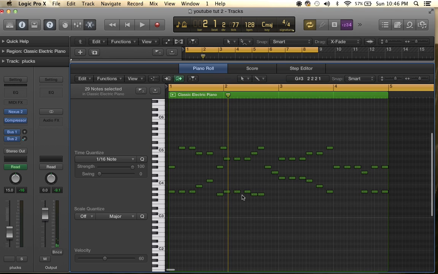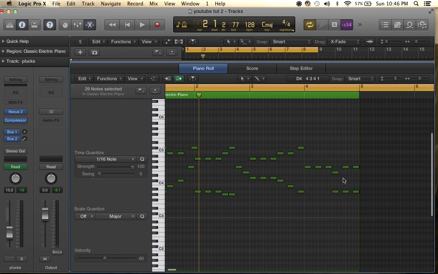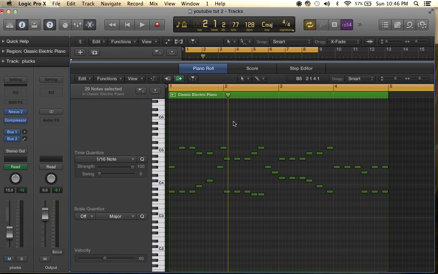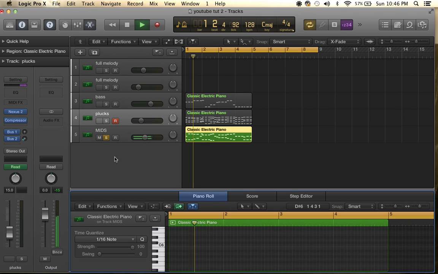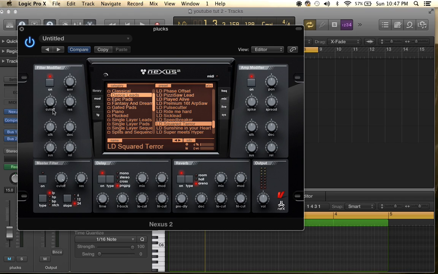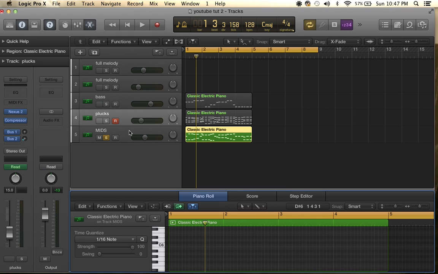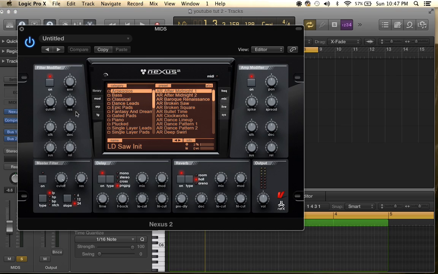Roughly take it all out. Yeah, it's really rough. If I was making this as an actual song, I'd concentrate more, but I want to do it quickly. And I have the cutoff over to the left a little.